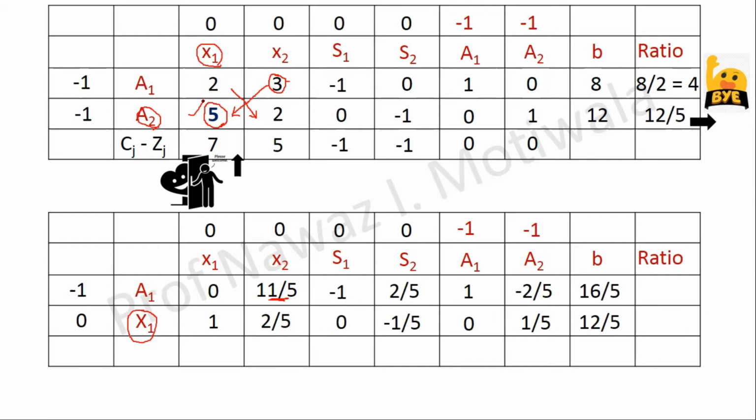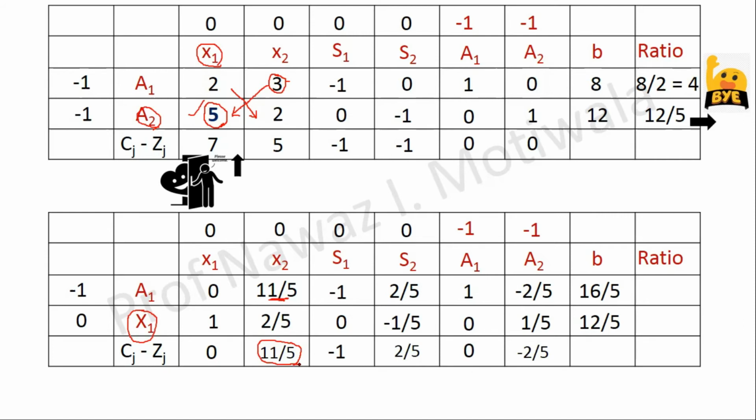Next step is to calculate the values of Cj minus Zj, and for that also we know that the ones which are basic variables make Cj minus Zj equal to 0. So directly I will write 0 and 0, and for the other Cj minus Zj's for other variables, I will calculate again by the simple cross multiplication technique, by which I will get answers as 11 by 5, -1, 2 by 5, and minus 2 by 5. Now what is our observation? Our observation is the highest positive number. The highest positive number among these Cj minus Zj is this one, that is 11 by 5.